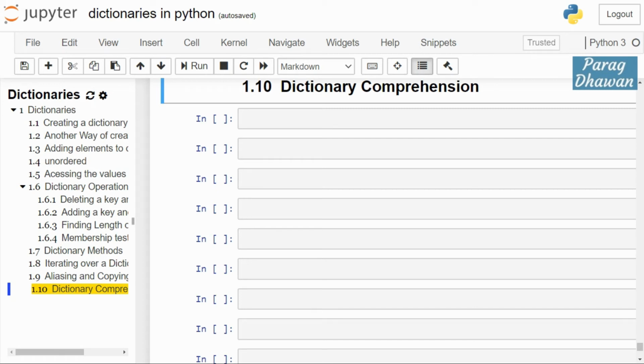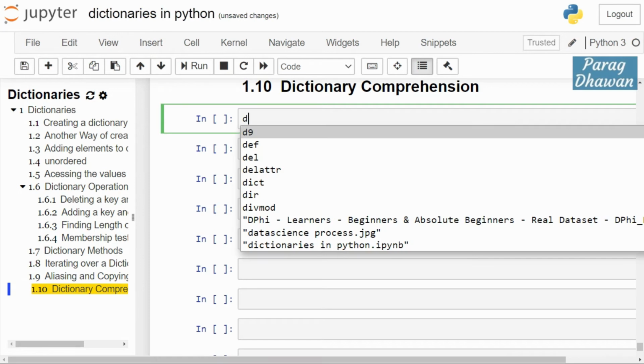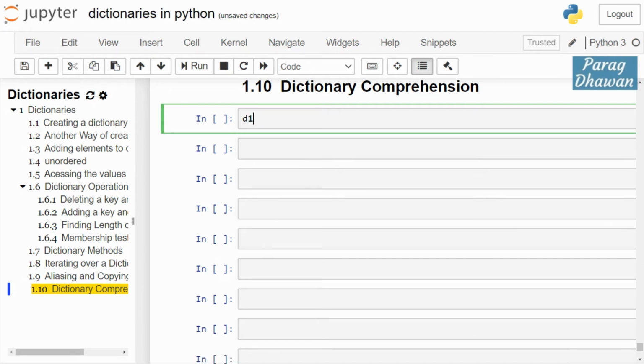We are studying the Python data structure dictionary, and in today's video we will see how to create a dictionary using dictionary comprehension. Generally we create a key value pair from an iterable in dictionary comprehension. The syntax: you will require a dictionary name where the dictionary will be stored. In this case we are creating a dictionary with the name d10 is equal to, and for dictionary comprehension you require opening and closing braces.